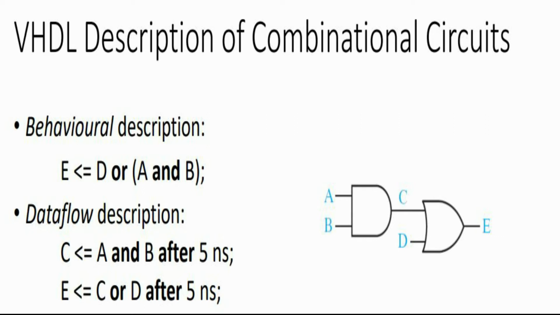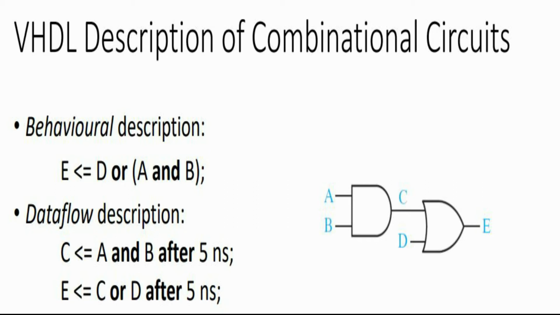So how do we write the behavioral description? We have E less than or equal to D or, in brackets, A and B, ending with a semicolon. So brackets are used for giving the priority. Okay, so we have E less than or equal to D. The output E is evaluated based on the input D and the output that we get after performing the operation A and B,